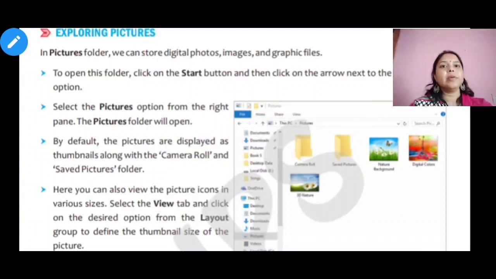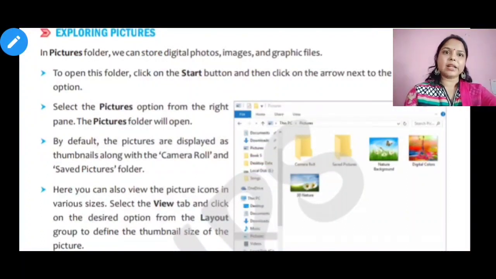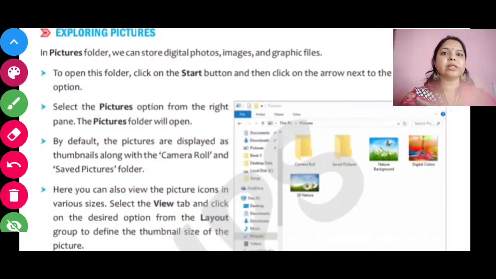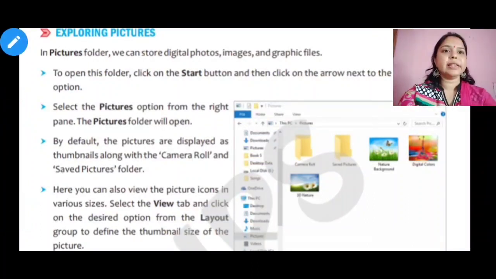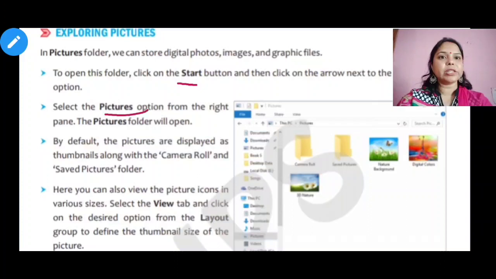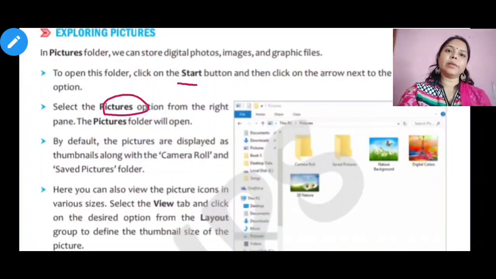So in the pictures folder, we can store digital photos, images and graphic files. To open this folder, we will click on the start button. Okay, on which button will we click? We will click on the start button, and then we will click the arrow next to the option, and then select the pictures option from the right pane, and the pictures folder will open.